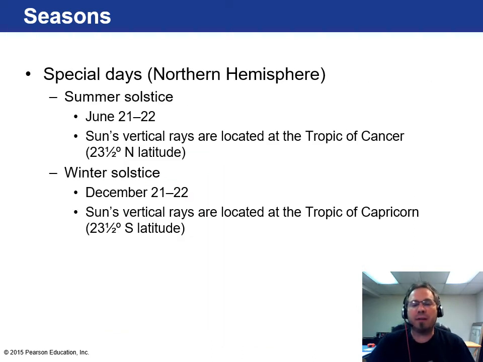So here are those particular days. So we have the summer solstice. This is the northern hemisphere where we live. The summer solstice or first day of summer, the rays are over the Tropic of Cancer, which is the latitude that's 23 and a half degrees north. Okay. To visualize that, I think I have an image for you, but that's just south of Florida. 23 and a half degrees, I believe. I could be wrong about that. And then in the winter solstice, the sun's vertical rays are at the Tropic of Capricorn, which is 23 and a half degrees south. And that's where our first winter is because the Earth is tilted away from the sun for us in the northern hemisphere.